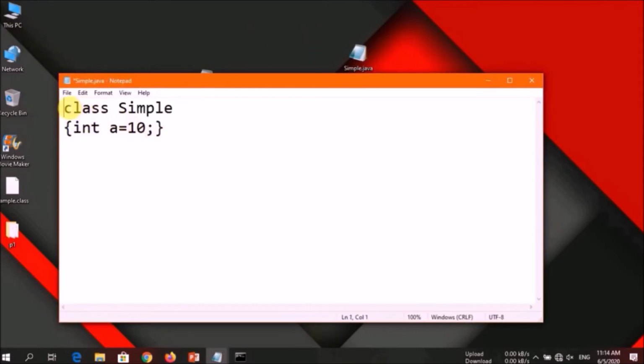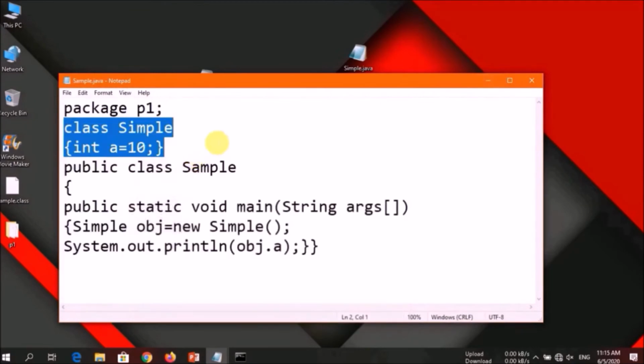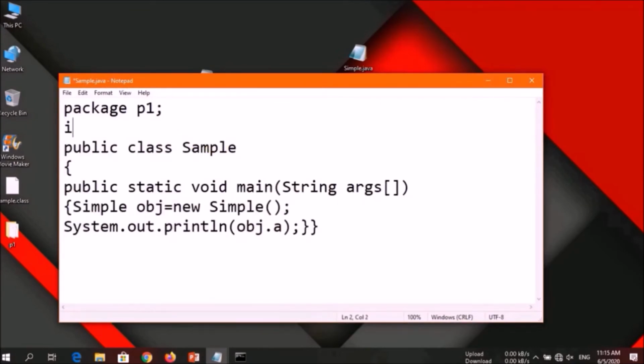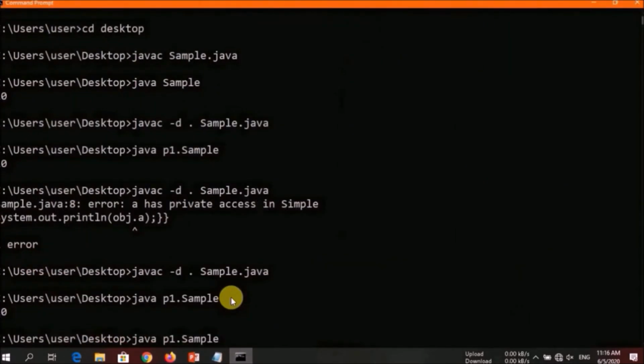Now here we are going to create a package of it. Give the name of the package as P2. Now let's save it, and here write import P2.*. This line will help to import all the elements of package P2. Okay, so now let's have a look at what will happen if we try to run it. So save it and compile both of them.